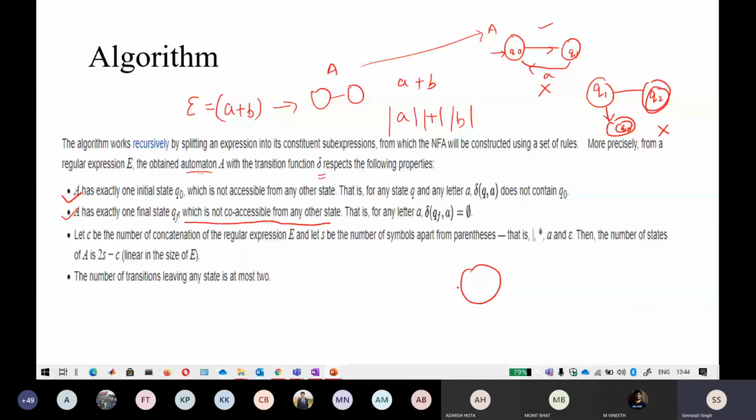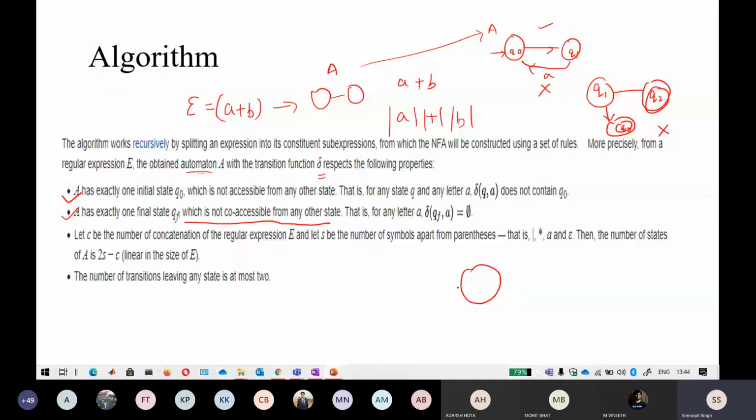Suppose this is another state q2 which accesses q1 as well. Now q naught can access q1, which is a final state, and q2 also can access q1. So in this scenario also you cannot apply the Thompson construction method. Keep that in mind. So basically these two are the basic definitions.